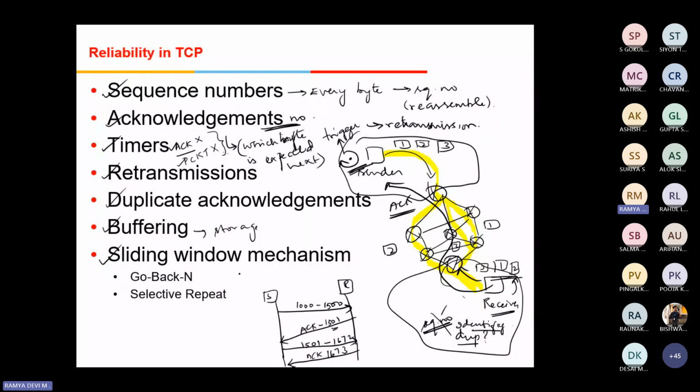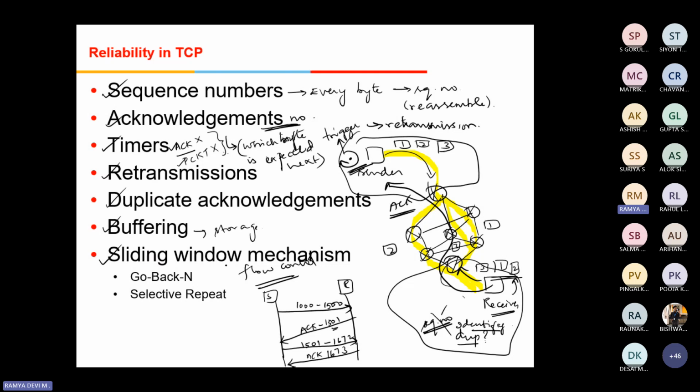And TCP will be using the sliding window mechanism. The sliding window controls how much data can be sent before getting an acknowledgement. So in order to handle flow control, the sliding window mechanism is used by TCP. To ensure flow control, it adjusts how much data can be transmitted based upon the receiver capacity.